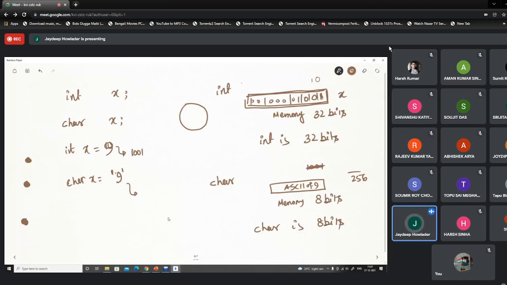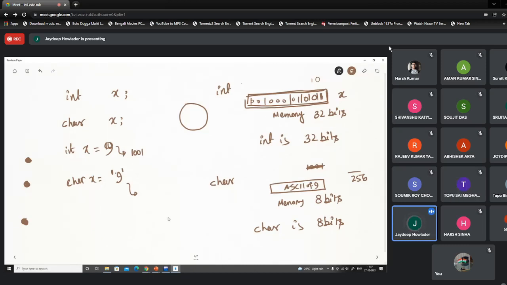So at this point, you just understand what a binary representation of a number is. Whenever we represent a value as an integer, we store the binary representation of the number, say 9 or 10, whatever. But whenever we represent it as a character, we are not storing that binary representation.